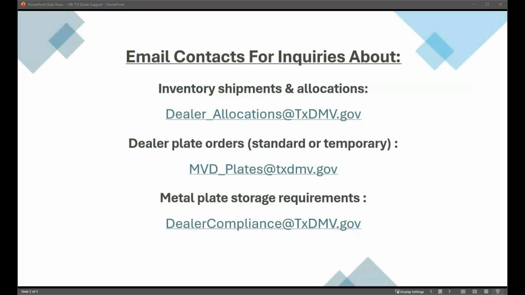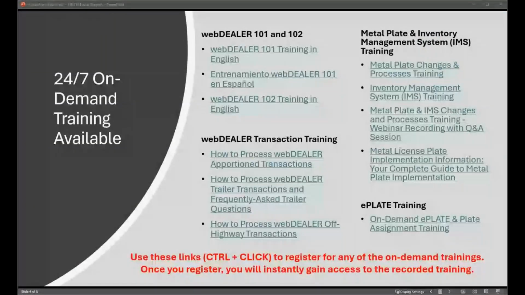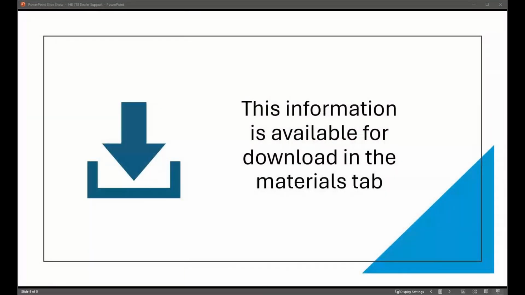Seeing a few issues with people not able to access their inventory. So just a quick reminder, if you are in IMS, please ensure that you are viewing inventory under the P number and then looking at the dealer ID. The email communications you would have received from our allocations team regarding your plate shipment should include a dealer ID next to your P number. That is the dealer ID that inventory has been assigned to and allocated to.